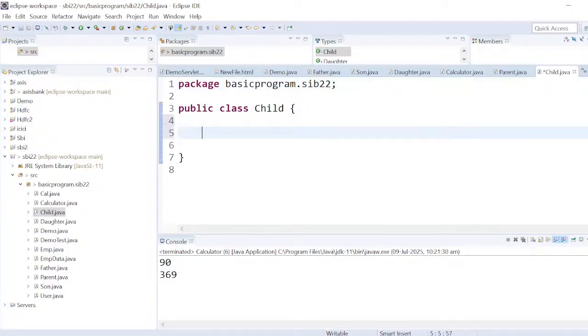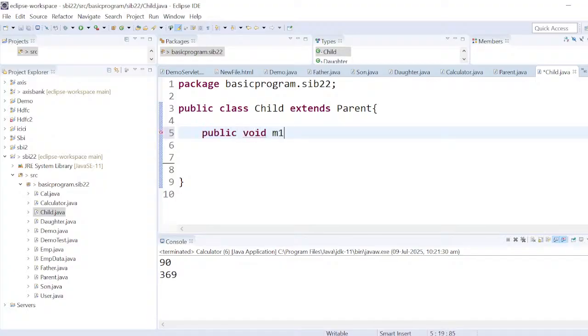And I want to establish the connection between that parent and child using a keyword called extends. Child extends Parent. Okay. Now the same method signature, public void